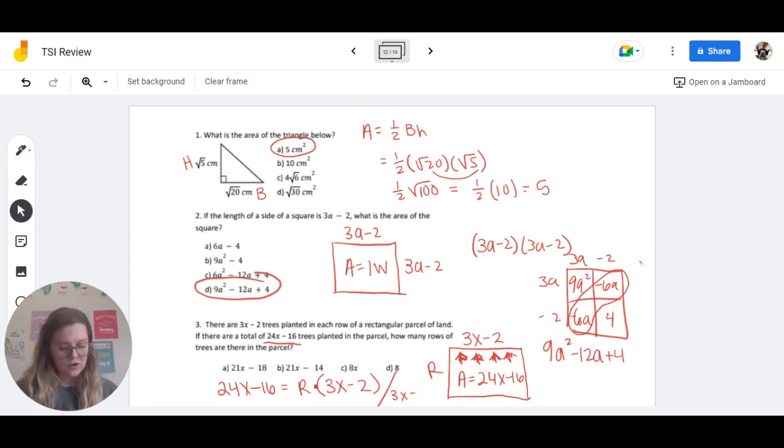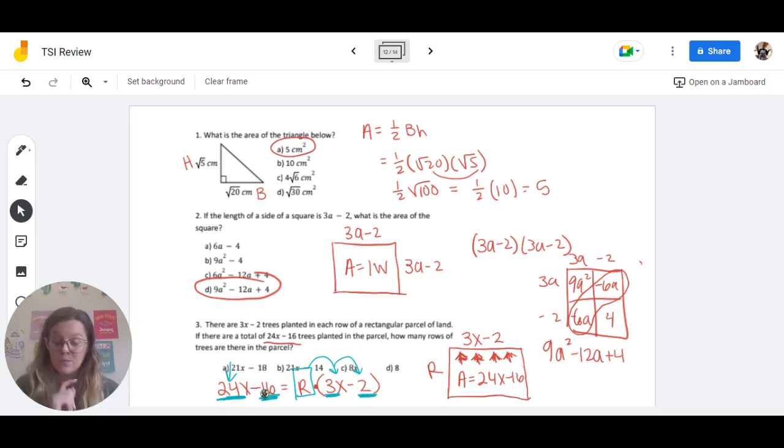We haven't covered long division, so I'm going to look at this another way. My question is, what could I multiply or distribute into this parenthesis in order for me to get a 24x and negative 16? So let's look. 3 times what number would give me 24? Well, 3 times 8 would give me 24, and I'm going to verify, does 2 times 8 give me negative